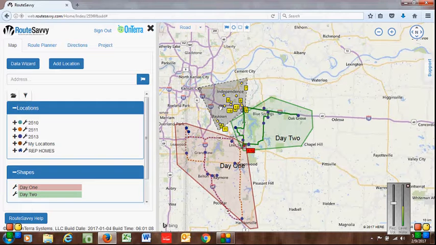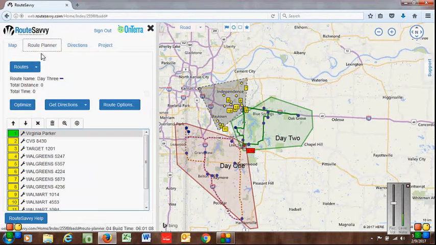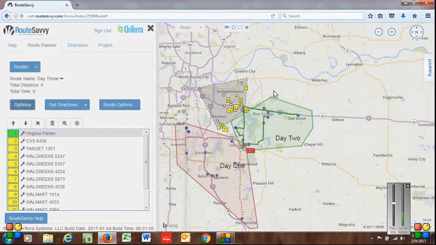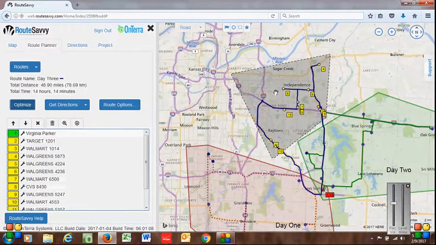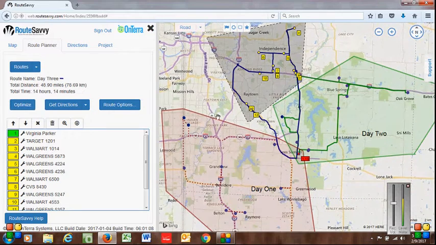So there's my stops again, and again this was going to be day number 3. I want to optimize, and then that's my territory for day number 3. Okay, so then what's pretty neat about this particular